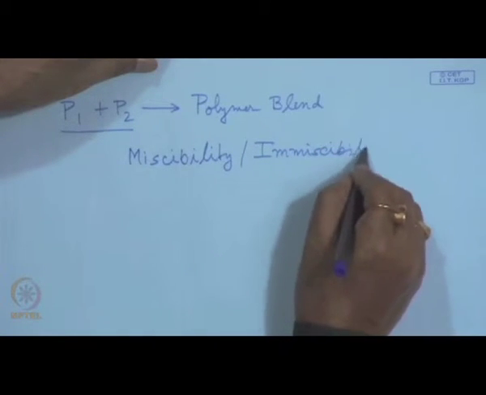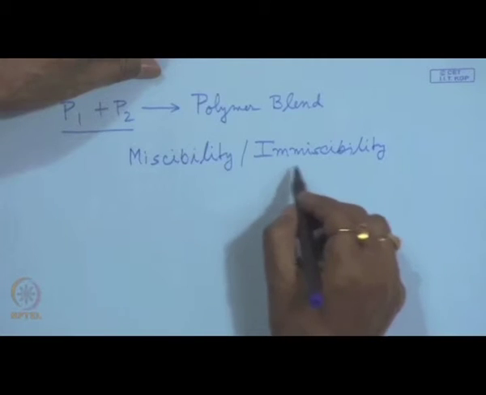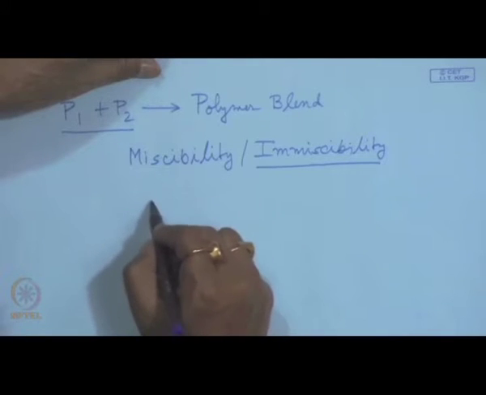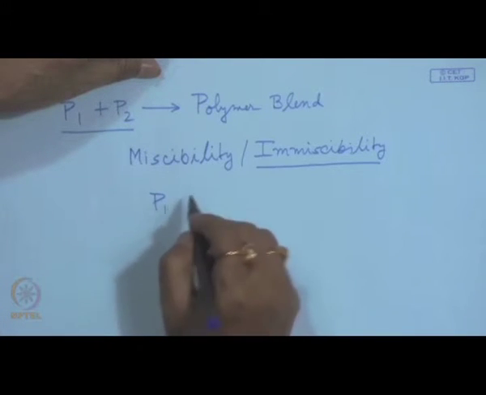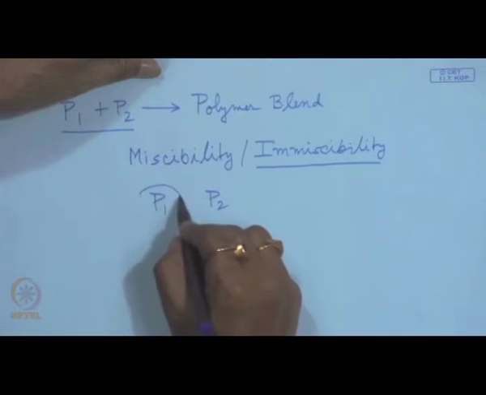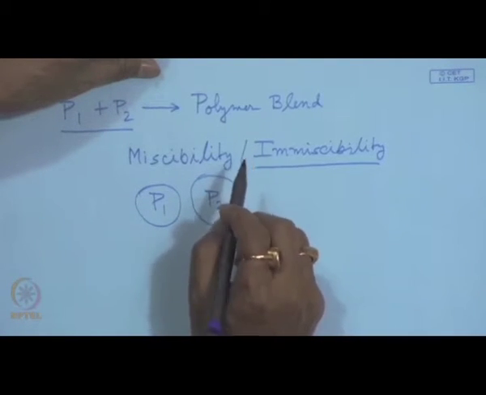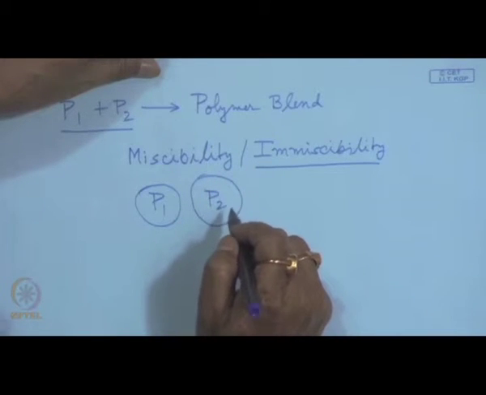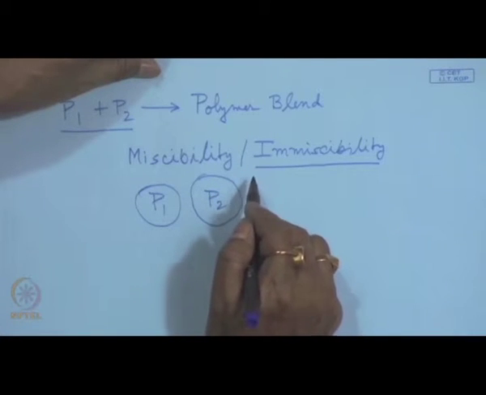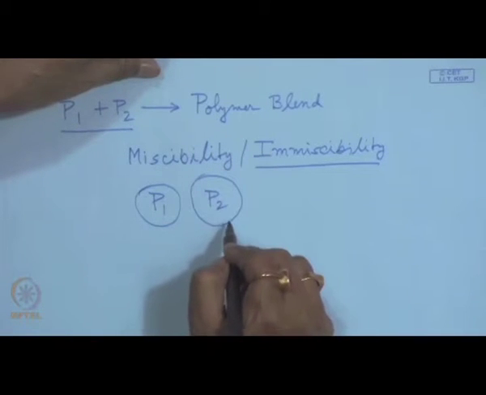If the component polymers are not miscible, then what will happen? Phase 1 will separate from phase 2. That means there will be separation of different phases, presence of different phases. When it is produced by some process, initially we can have improved properties or the combination of properties, or the addition of properties of polymer 1 with polymer 2, but